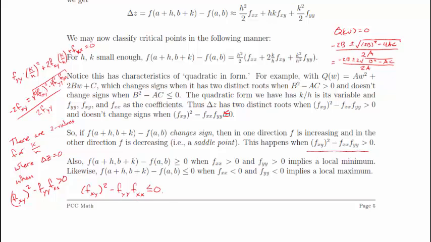So if f sub xy quantity squared minus f sub yy times f sub xx is less than or equal to 0, and the second partial derivatives are both positive, then we must have a minimum, right? This tells us that we're not going to have a switch, and these tell us that we're concave up in both the x and y directions,